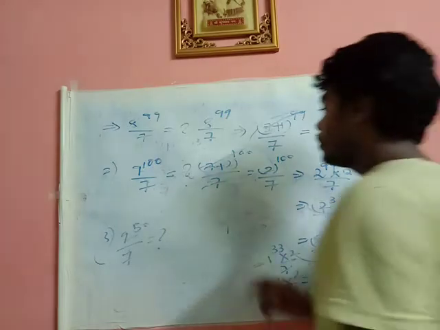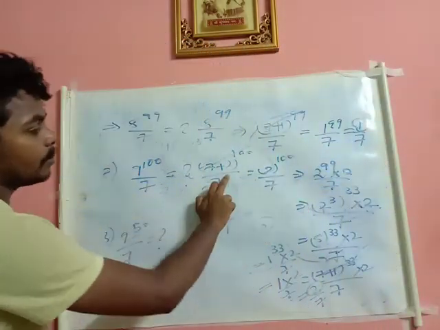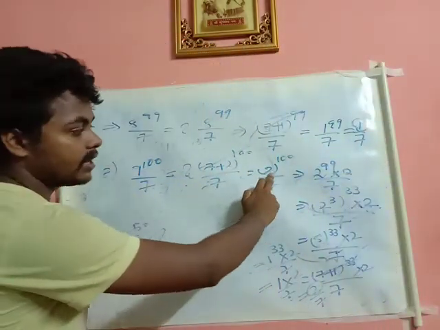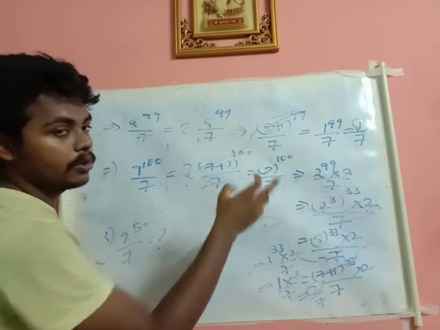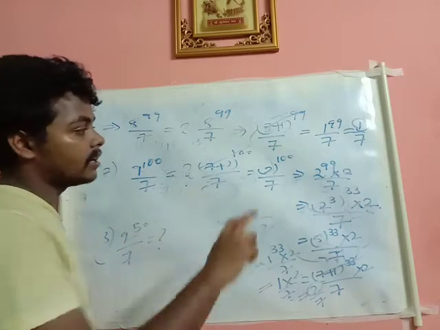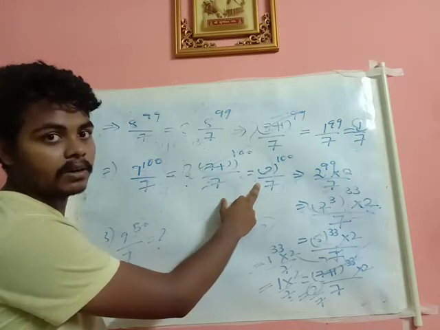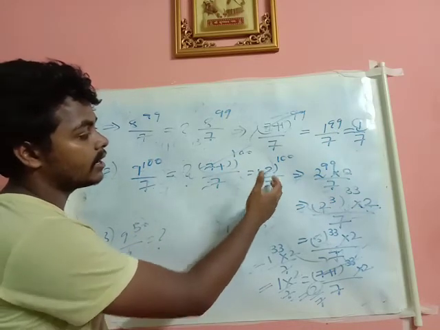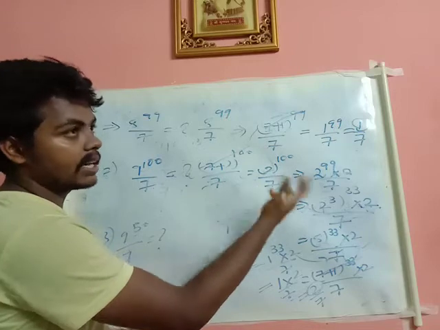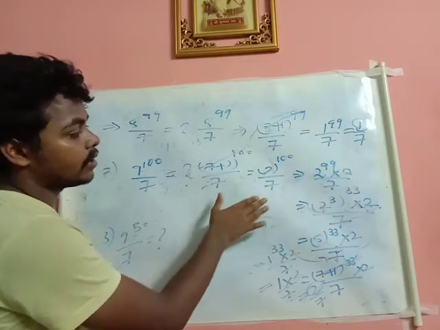Right? So you will be facing a problem here. Up to here you will be able to solve, but here how can you convert 7 to 2? You know how to do that, but at that time you cannot strike this concept, right? So initially we don't know how to convert this 7 to 2.